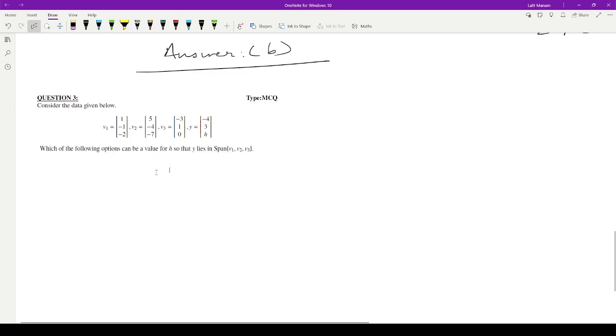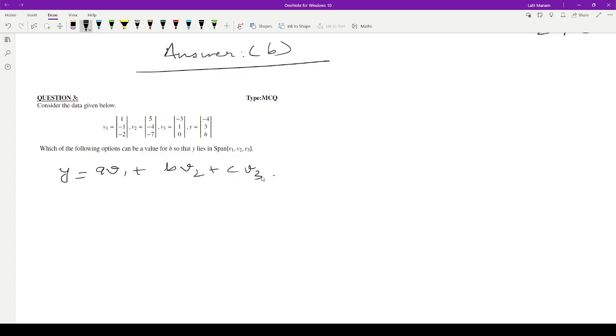Our question is, what can be the value of h so that y lies in the span of the three vectors v1, v2 and v3. So if we want y to be in the span of these three vectors, it should be a combination of all these three vectors: a v1 plus b v2 plus c v3,